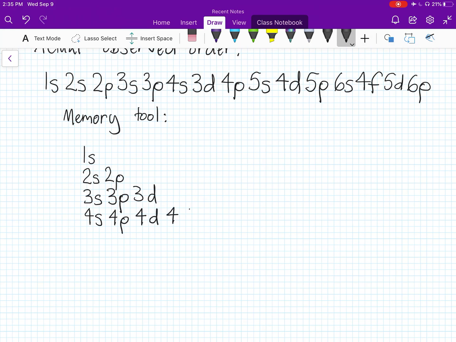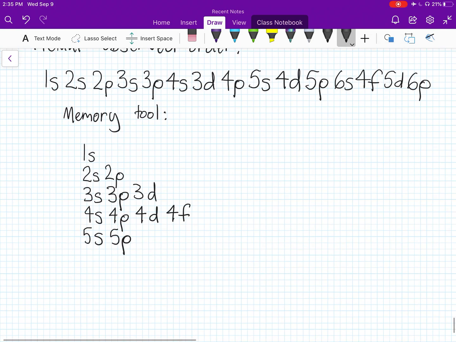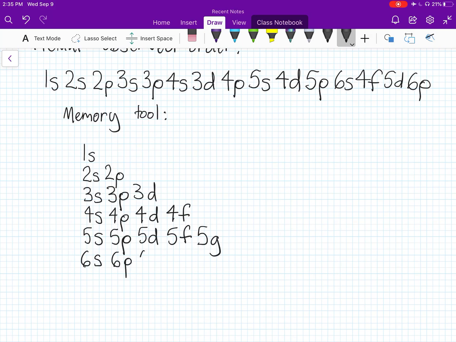So here we have 4f, then we have 5s, 5p, 5d, 5f, 5g. g is not actually filled in any known elements, but I'm just writing them all down for completeness' sake. 6p, 6d, 6f, 6g,